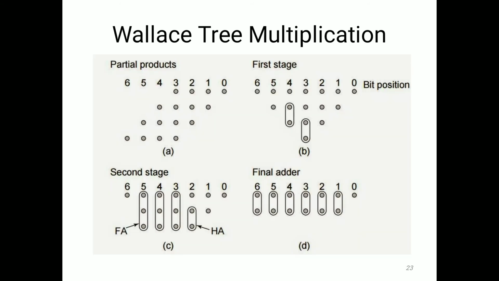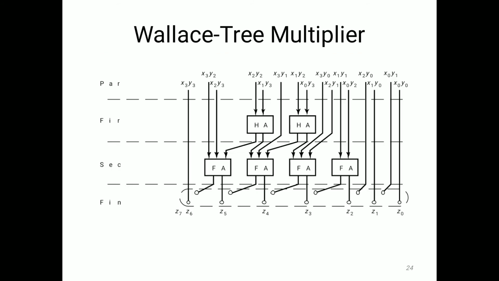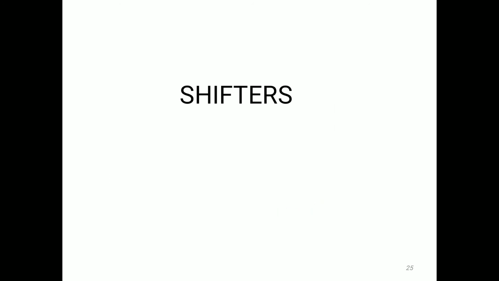Then next one, it's a Wallace multiplication. In the array multiplication, for two numbers we need one half adder. For 3 numbers we need one full adder. To reduce that, we are using Wallace multiplication. So here in total we need 2 half adders and 4 full adders in the Wallace multiplication.